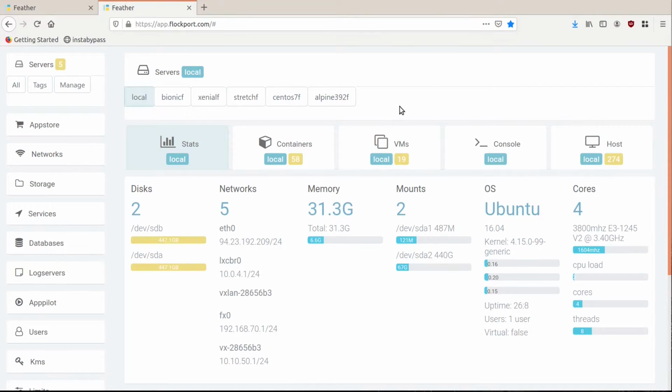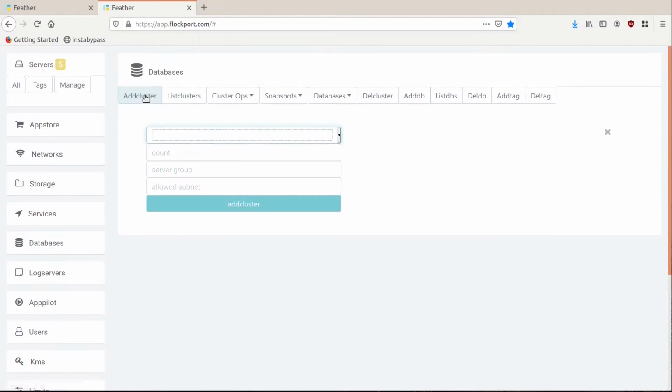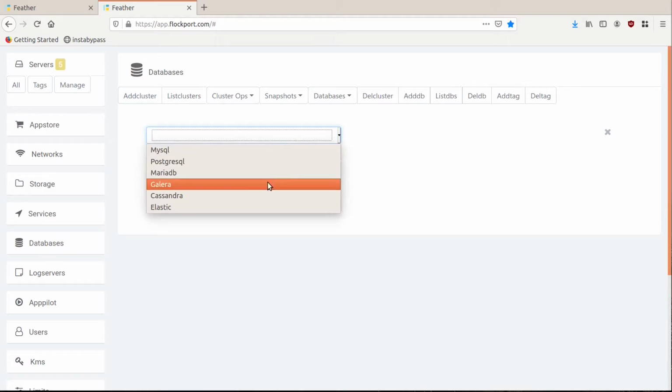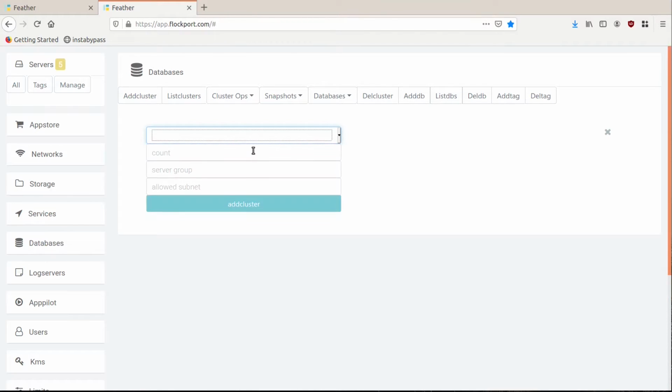Hi, today we're going to take a closer look at the Flockport databases module. The databases module allows you to deploy replicated databases across your cluster. You can currently deploy replicated MySQL, PostgreSQL, Galera, Elastic, and Cassandra clusters. This is one-click deployment. Just select the database, the count, the server group, and Flockport will deploy a replicated database